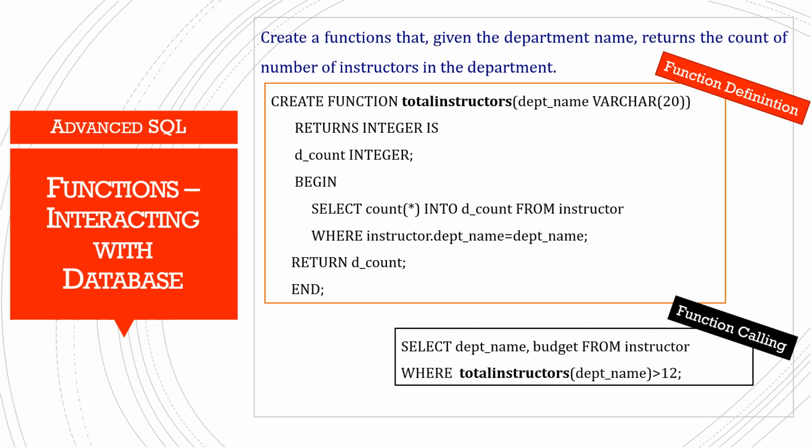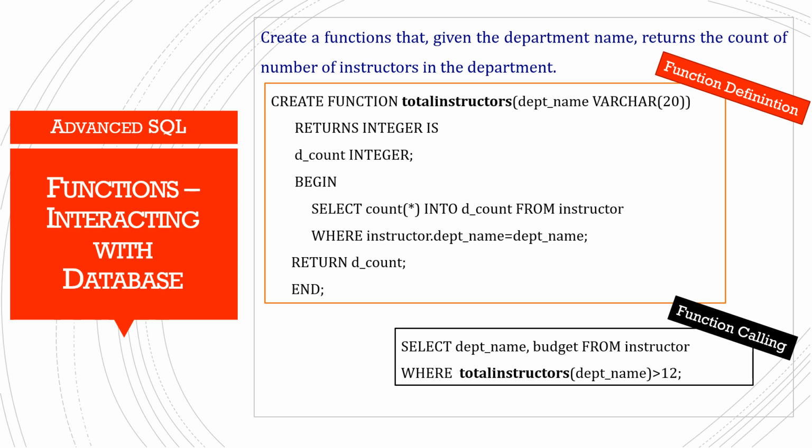Okay, so here we have to get the details from the instructor table. So we are creating a function, create function total_instructors. We have to pass the department name, right? So that will be passed as the parameter dept_name varchar(20).